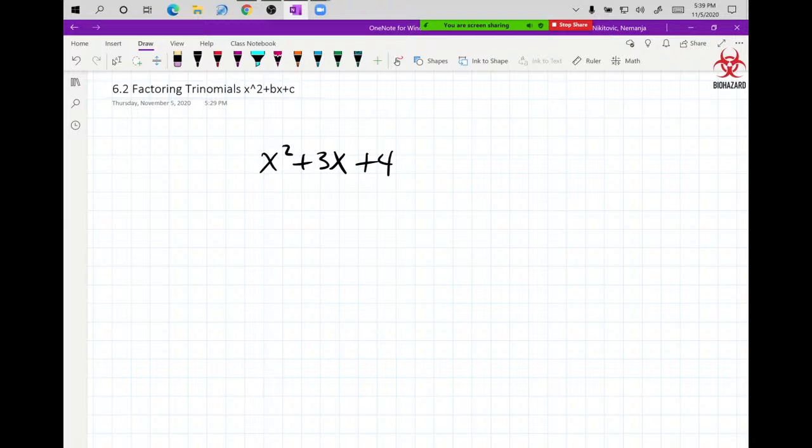We're focusing on problems like this, and we know that the answer is supposed to be these two binomials with x plus some number in the box and x plus some other number in the box. Now, the question is, can we figure out what numbers go there? I notice that this problem is actually backwards. In order for us to solve it, this needs to be 4, and this needs to be 3 in order for it to work out. And maybe you can guess these numbers,